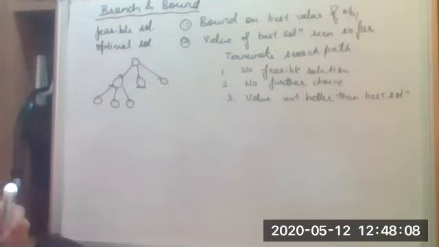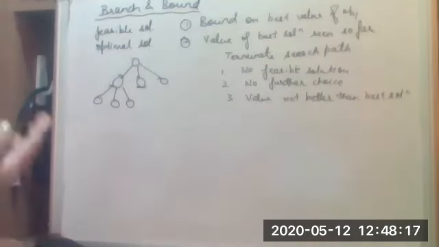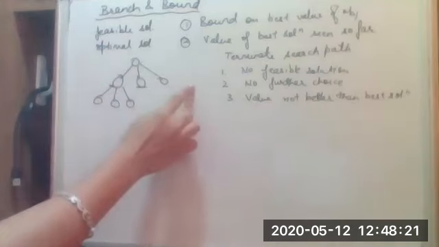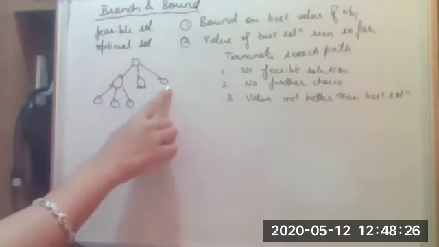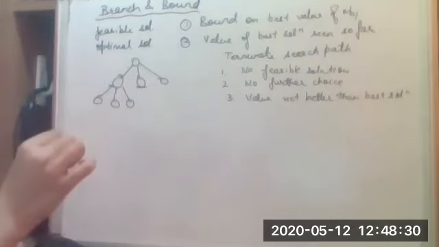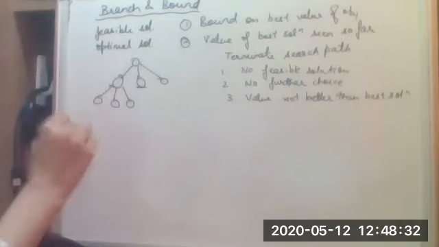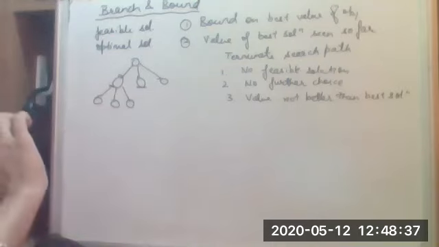The next thing that makes branch and bound different from backtracking is that in backtracking we follow a depth first search, whereas in branch and bound we look at all the branches at that level at one time. We will find the solution for these three, and from the three, whichever looks like the more promising node, a node that has a better solution at that point, will be examined. I hope that is clear.